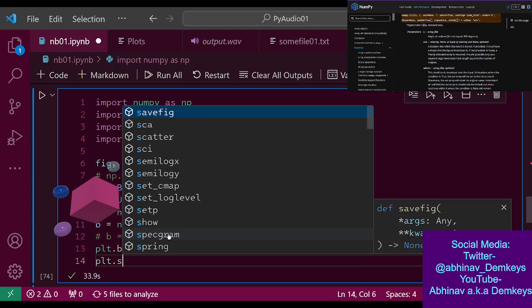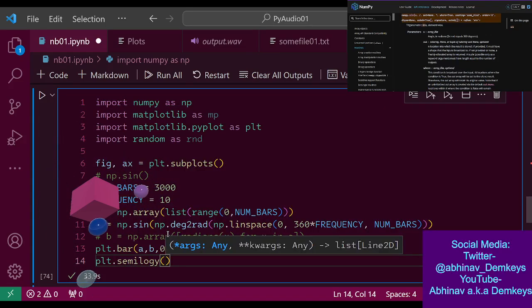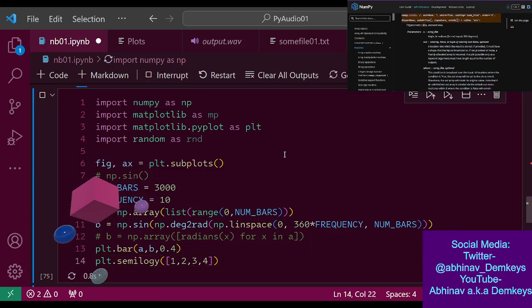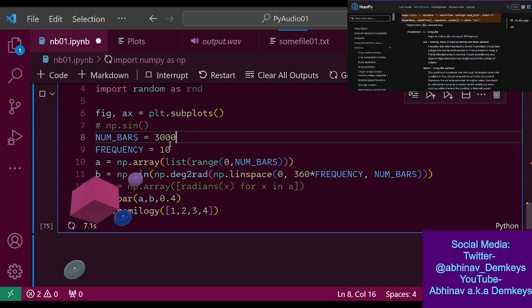So plt.semilogy. Okay. And that gives you a list of lines. Actually, that would just be a plot, right? Okay, so let's try this. Oh, no, stop. Oh, shit. Okay, let it keep going.